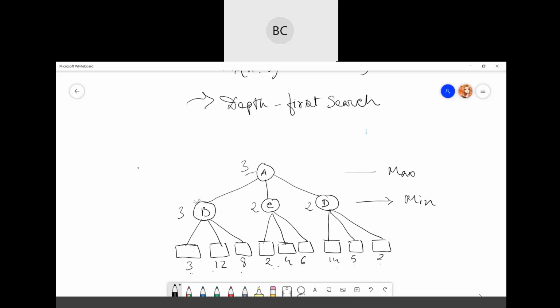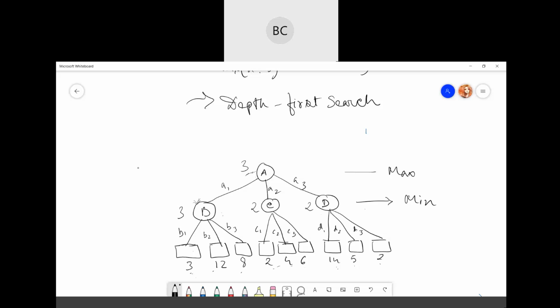You can also think downwards. Maybe A took the first move and the value is 3. Then max makes 3 moves, A1, A2 and A3, and the values are 3, 2, 2. Next, for min's turn there are B1, B2, B3, here C1, C2 and C3, and here D1, D2, D3.